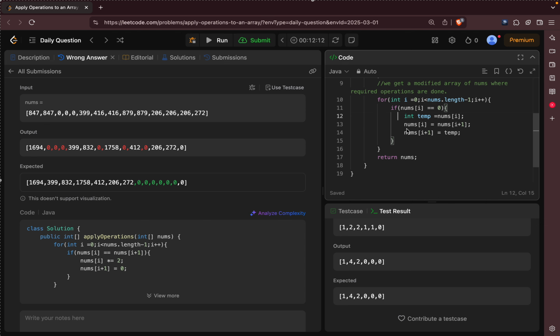So the best thing that we can do is modify the array. Let's take a temporary array. int[] nums1 = new int[nums.length]. Now, if nums[i] is not equal to 0,